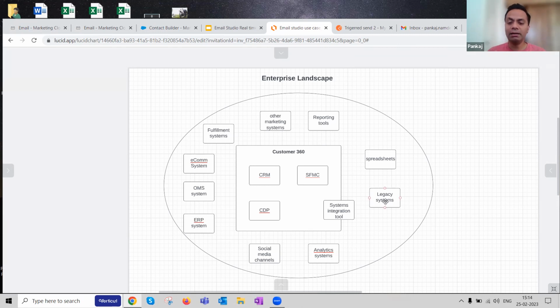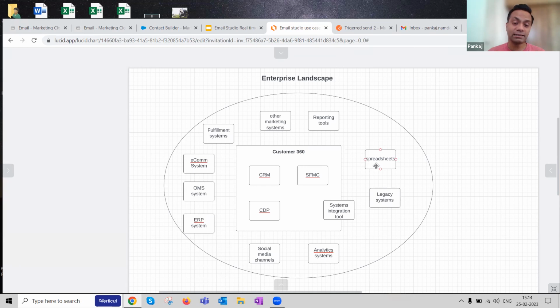In any enterprise, you'll find legacy systems. Legacy systems are systems which have been built for a specific use case for the company and are very old, so it's very difficult to integrate with them. Those are legacy systems which always exist in any organization, so you have to take care of that. We have got spreadsheets. No landscape is actually complete without spreadsheet information available on some hard drive. So that's always there. Then we have got reporting tools as well.